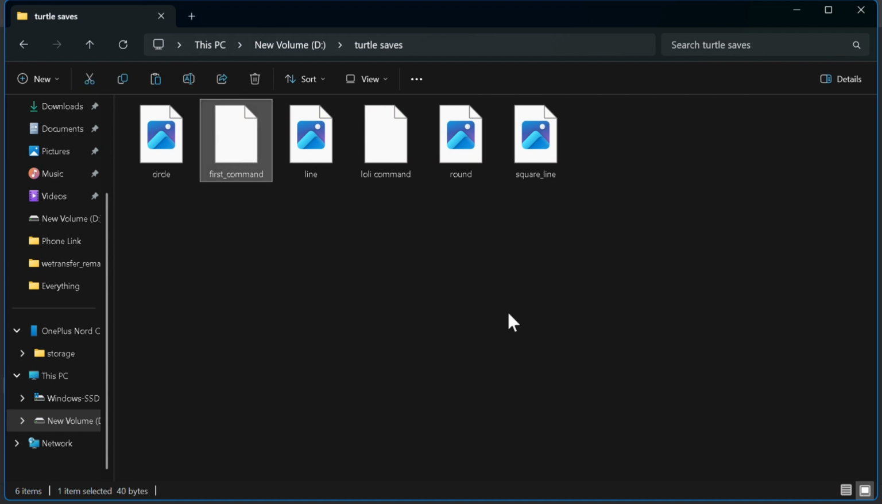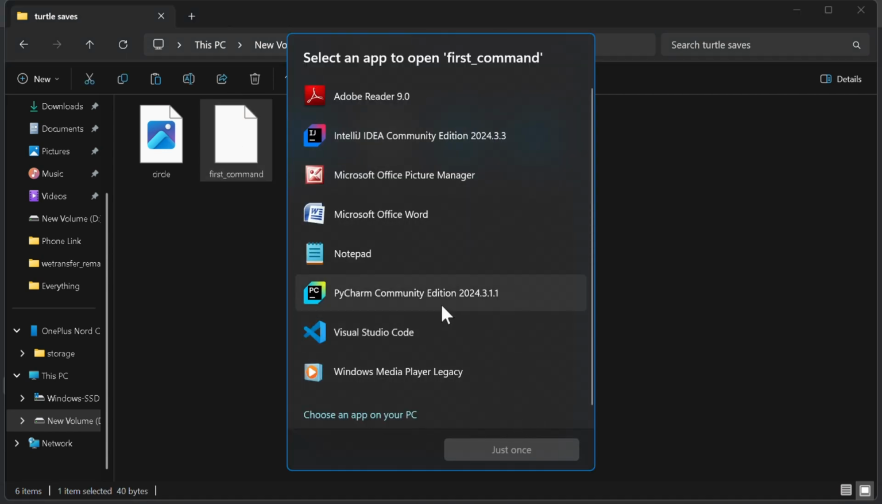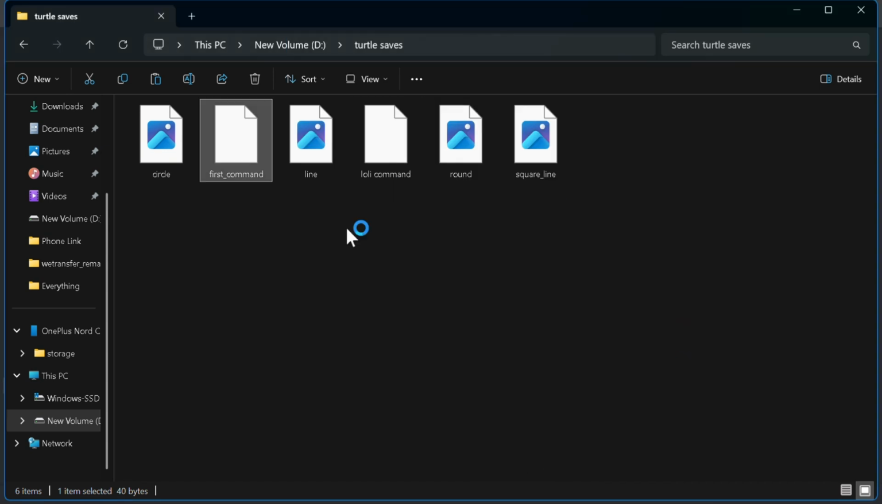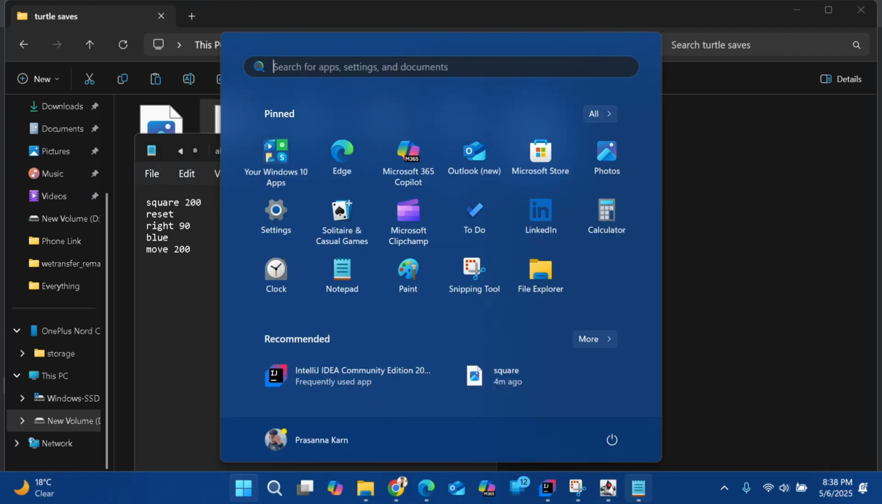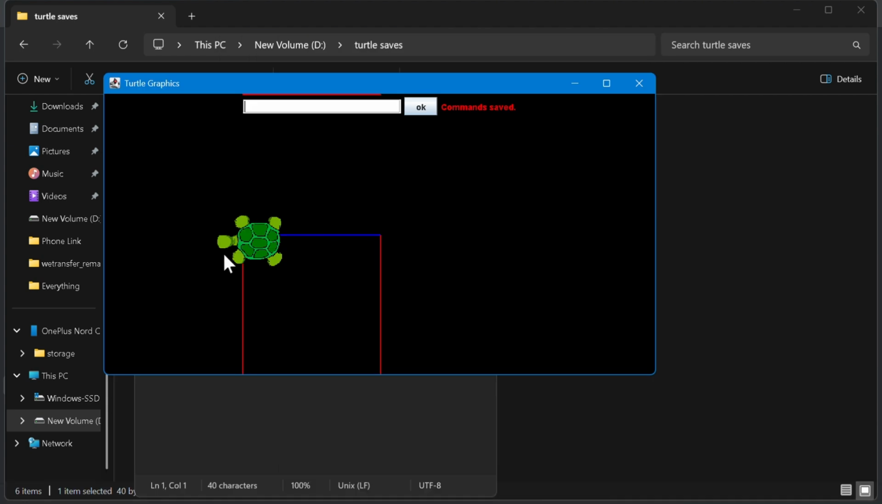First commands, notepad. As you can see, I just did the square 200, reset, right 90, blue, and move 200. And these are the commands which made this possible. So